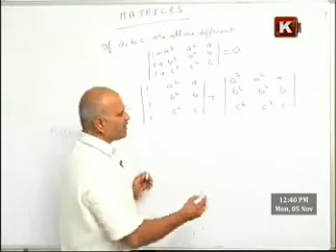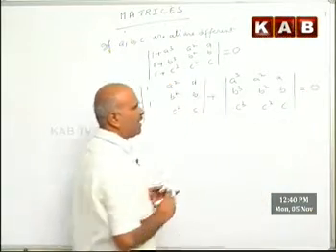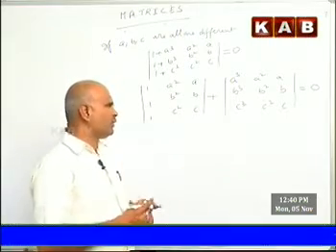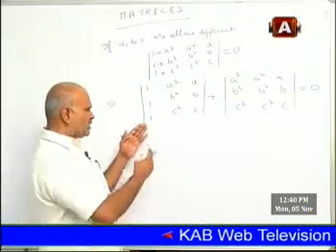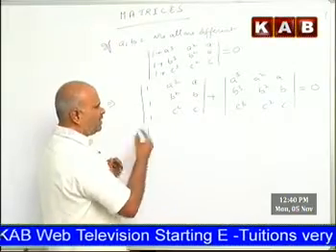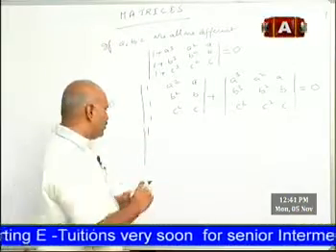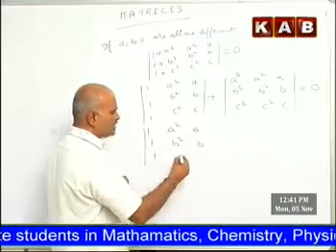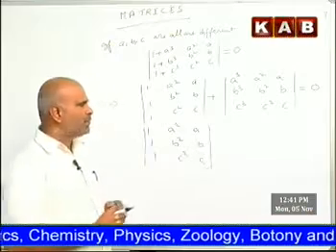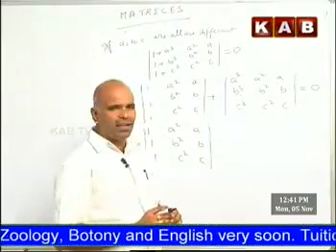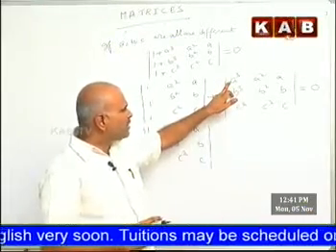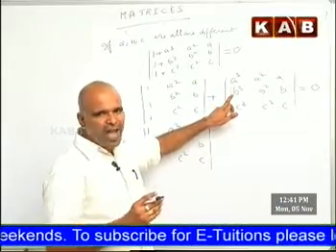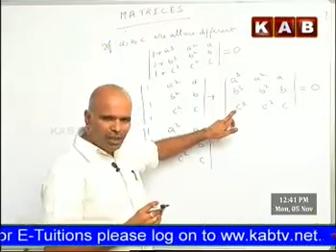This is already given as equal to 0. Is there any modification we can do? Let us try. The first determinant I don't want to change, because I can't take anything common. But in the second determinant, the first row has A common, the second row has B common, and the third row has C common.